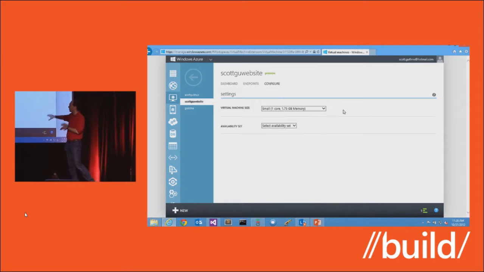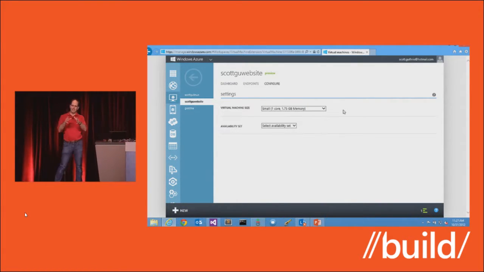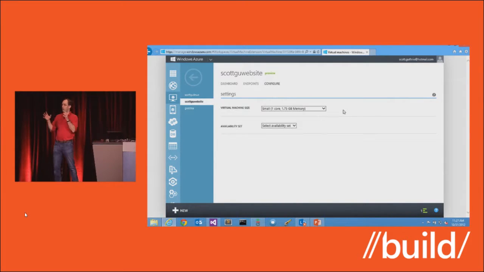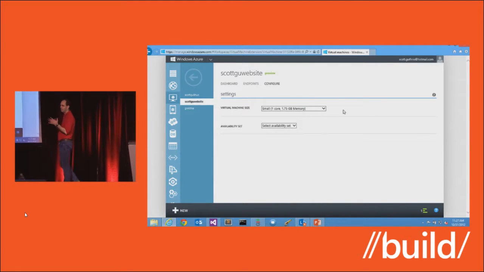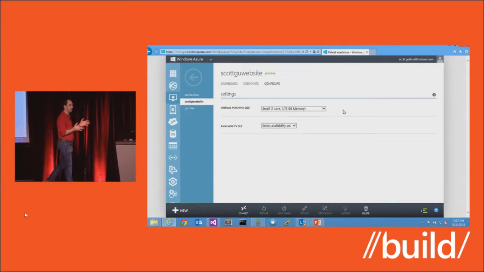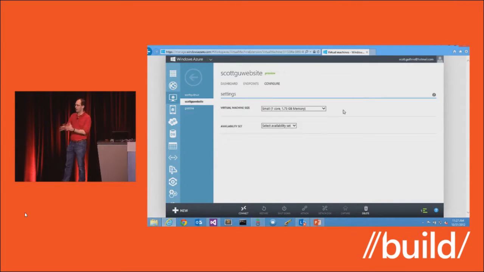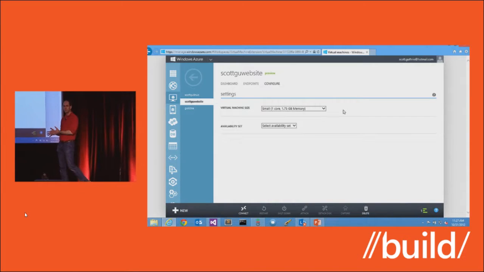One cool thing is when you provision any of your virtual machines inside Azure, we'll make sure that all the virtual machines in an availability set run on separate physical hardware with a separate network and a separate storage system. And the benefit there is if, for example, a machine blows up or a network router explodes, we can basically automatically make sure that you're not going to bring down your entire tier or everything within the availability set.